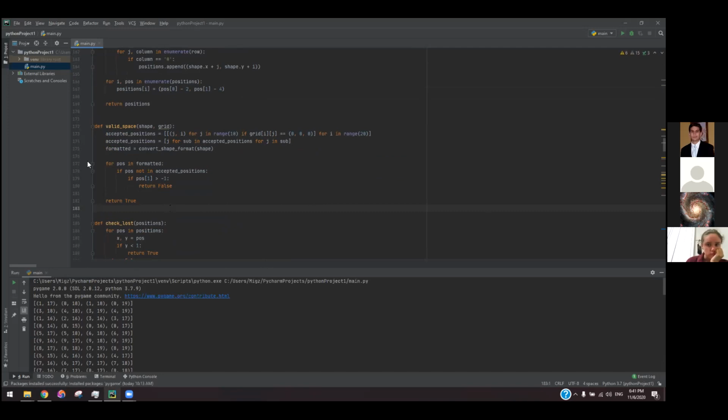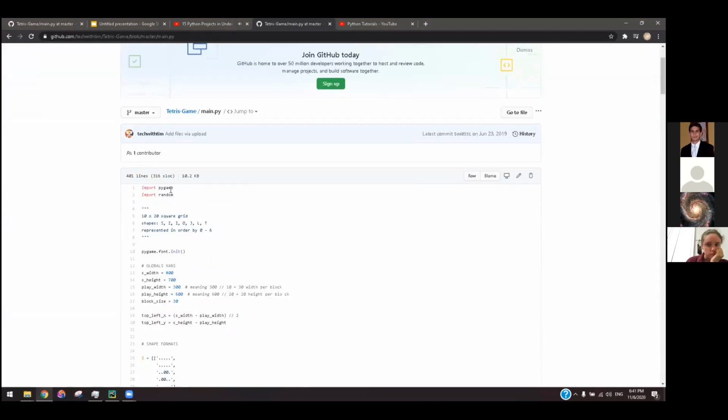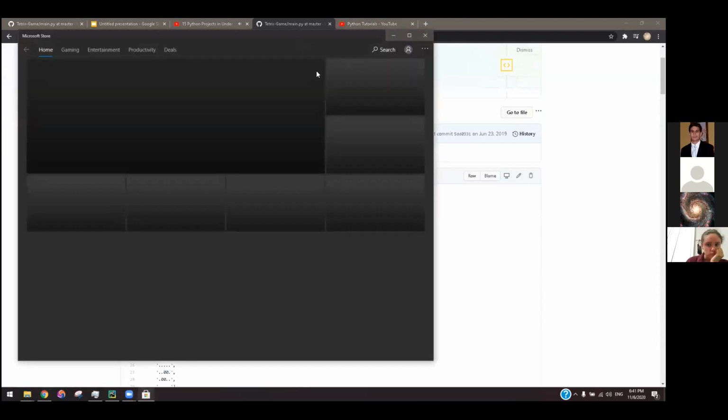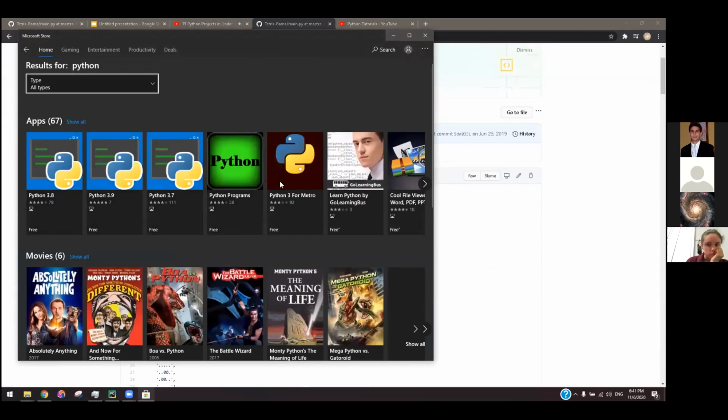And so for this specific project, we need to use one specific module, in this case the random module. I think it comes by default with the Python version. And if you don't know how to install Python, if you're on Windows, it's as simple as going to the Microsoft Store. You don't have to do CMD or anything like that. If you're starting, just do it the easy way. So Python, right? And that's it. You pick whichever version you want. I'd recommend 3.7 because most of the code is 3.7 right now, and it works.